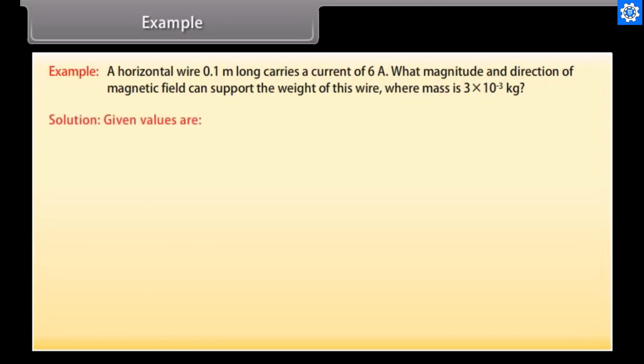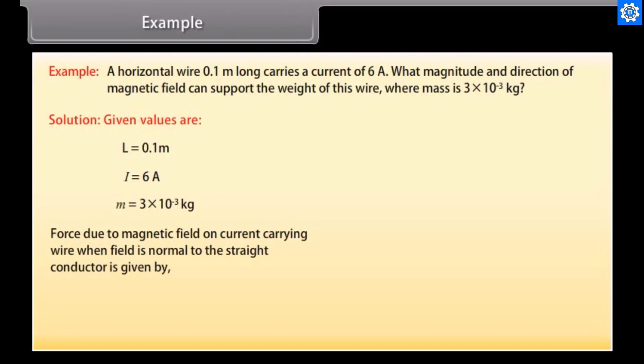Let's see the solution. Here, the given values are L is equal to 0.1 meters, I is equal to 6 amperes, m is equal to 3 into 10 raised to the power minus 3 kilogram. Force due to magnetic field on a current-carrying wire when the field is normal to the straight conductor is equal to BIL. Weight of wire is given by mg. On comparing these two equations we get